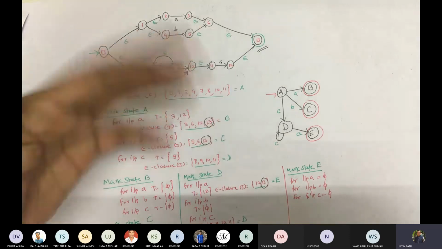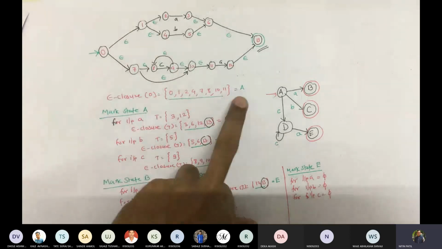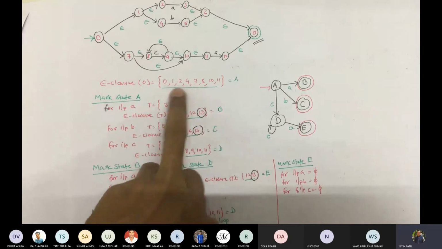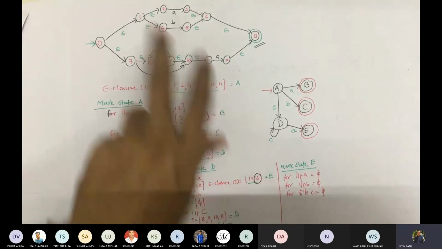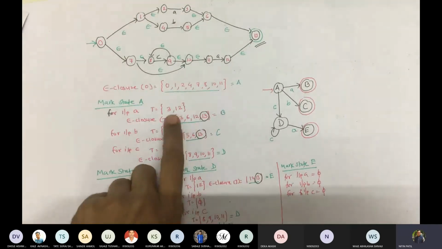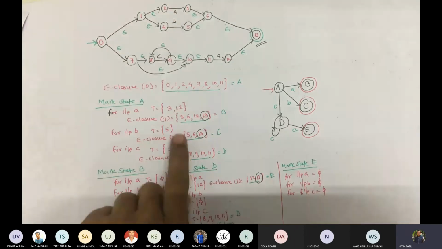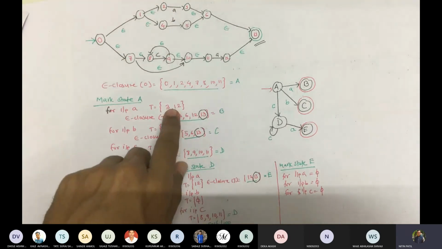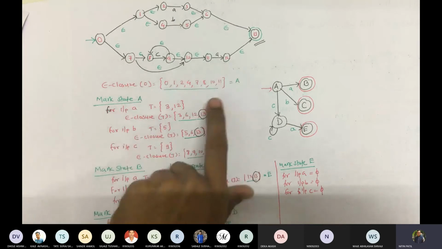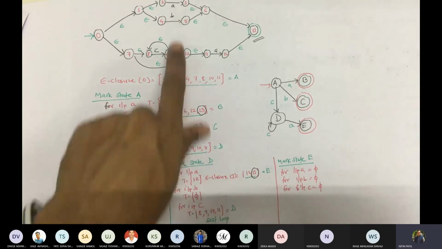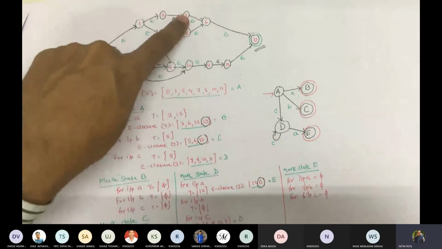Let us assume that we added that into states. So we mark state A. We started with A and tried finding where the input a goes. a is occurring twice, so there should be two elements. a is here, so 2, 3; that's why we included 3. And a is here, so 11 is part of this; that's why 12. So we compute the epsilon closure of 3 and 12. So what is the epsilon closure of 3?